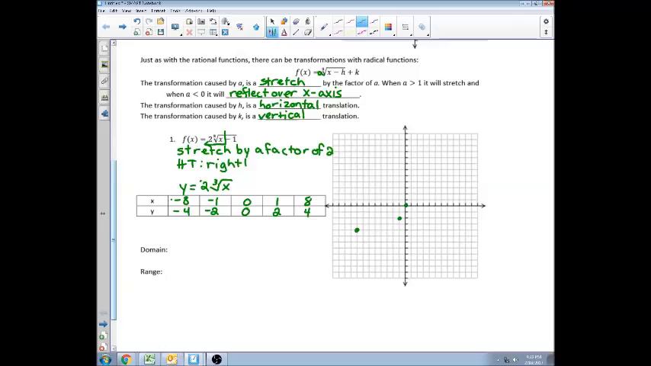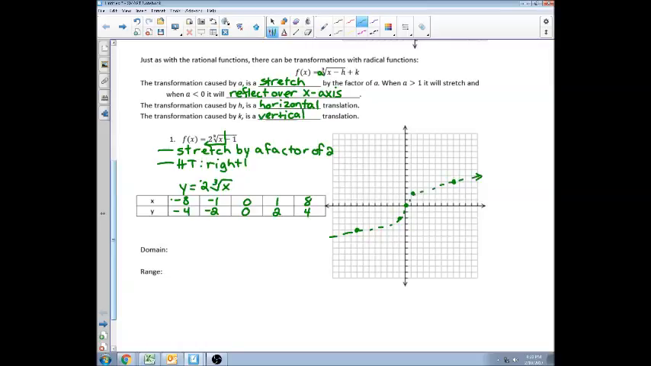0, 0. 1, plus 2. And then 8, plus 4, so 2, 3, 4, 5, 6, 7, 8, 3, 4. And just like with our square root function, our table took care of the stretch by a factor of 2. So now we're going to have to move everything to the right 1. So just like with our square roots, I'm going to go ahead and make this a dashed graph that connects